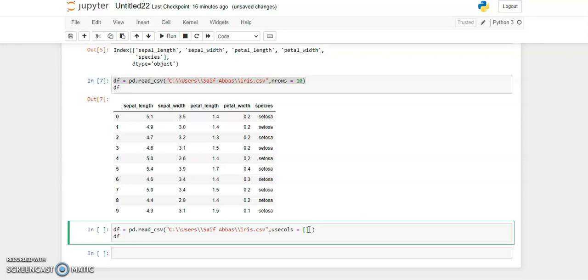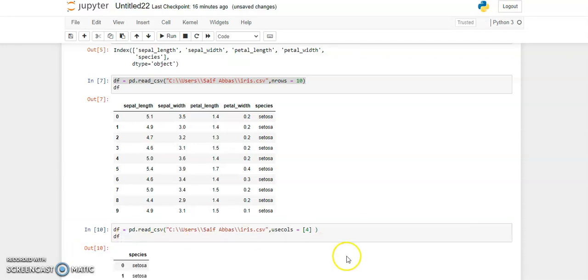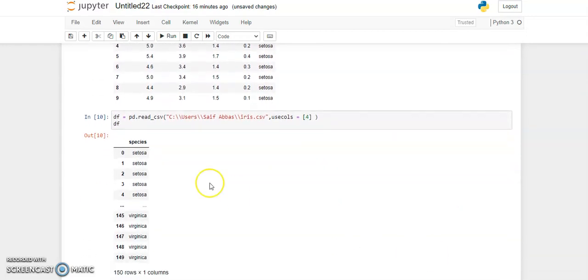So we pass 4 here, and then run. You can see the last column, the fifth column. In this manner you can access a particular column or row in our data.